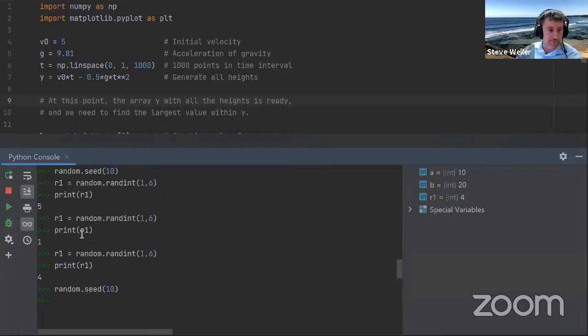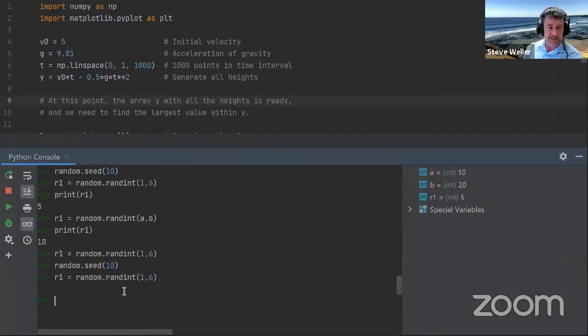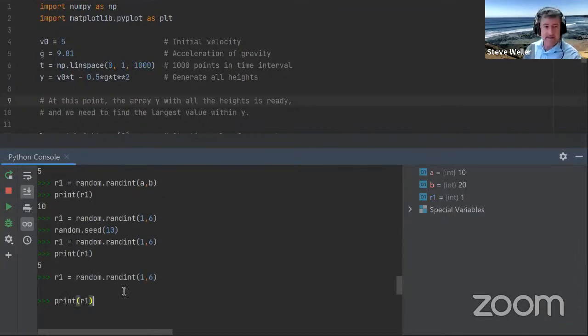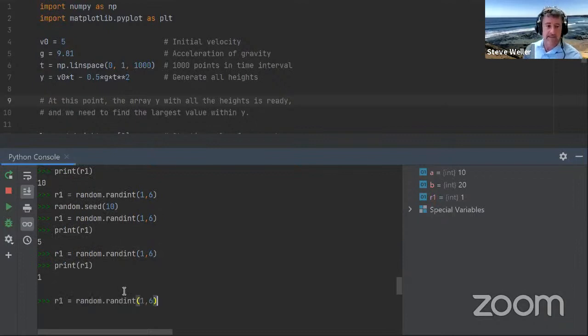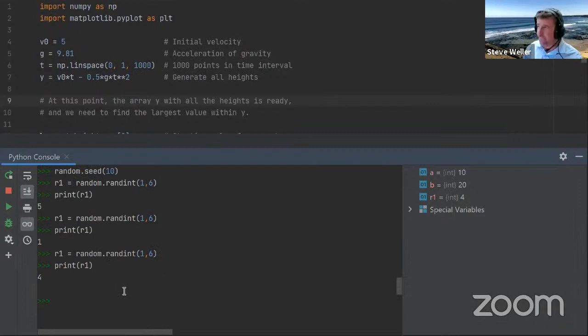Remember the sequence before was 5, 1, 4. Random number between 1 and 6. Print the random number, it's 5. Random number between 1 and 6. Print the number, it's 1. Random number between 1 and 6. Print the number, it's 4. So by resetting the seed, we've been able to reset the sequence of random numbers that's generated. And that's really handy during debugging.